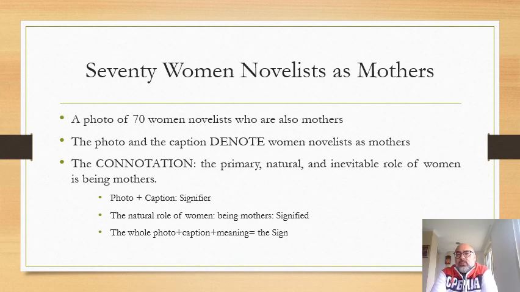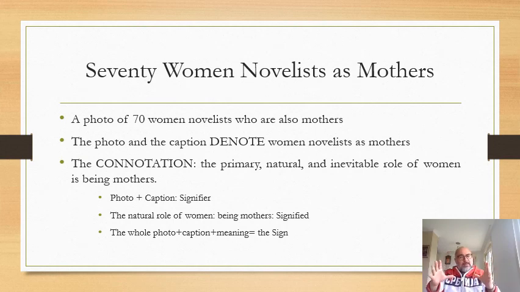Barthes studied 70 women novelists as mothers, okay? He saw somewhere, if I'm not mistaken, a picture of or some news about 70 women novelists who are mothers. So according to Barthes, the photo and the caption denote women novelists as mothers. So the photo shows them as both novelists and mothers. And the caption writes as such: